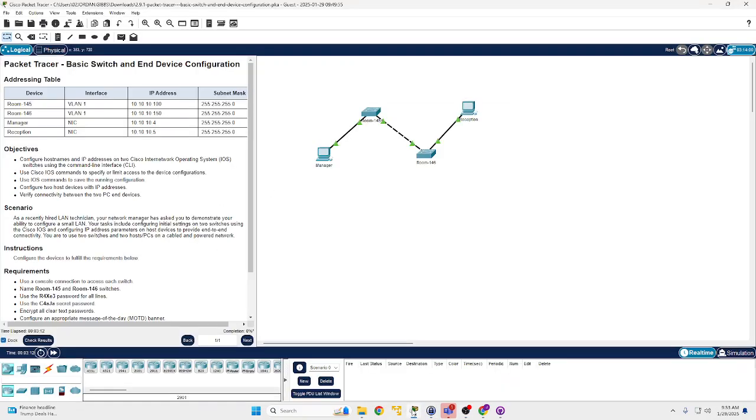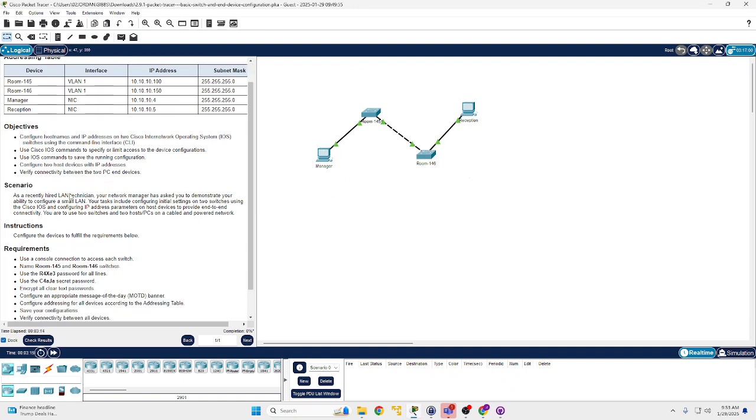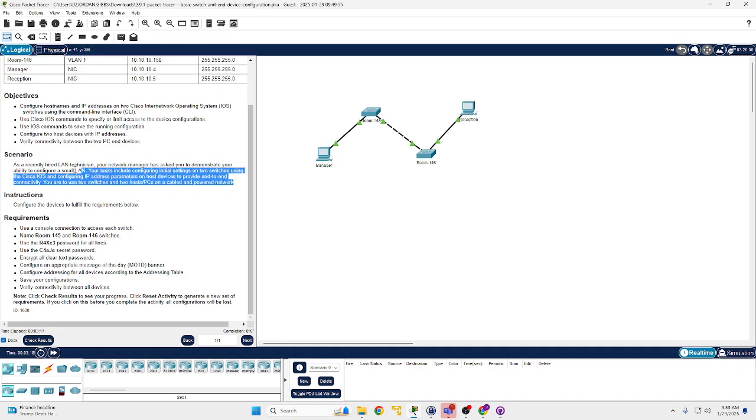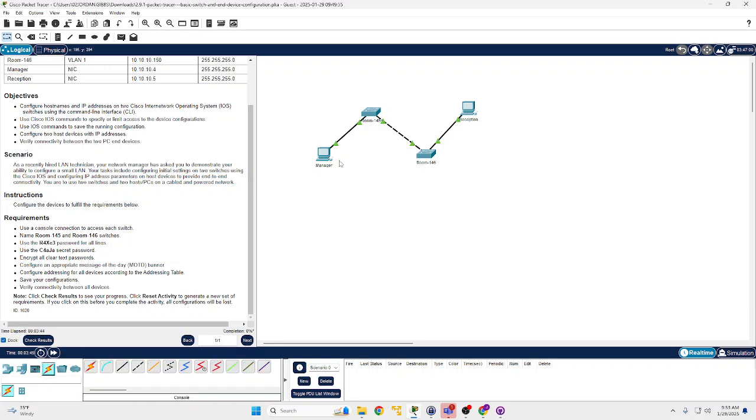So yeah, getting into this lab here, we see that we gotta configure these. You are to use two switches on a cabled and powered network, and it says the requirement to configure these is to use a console connection to access each switch. I don't think that was in the notes there, so I did have to watch a YouTube video just to see what that was, and it's actually this cable right here. If you try to access the switch normally, it'll say it's locked by this design